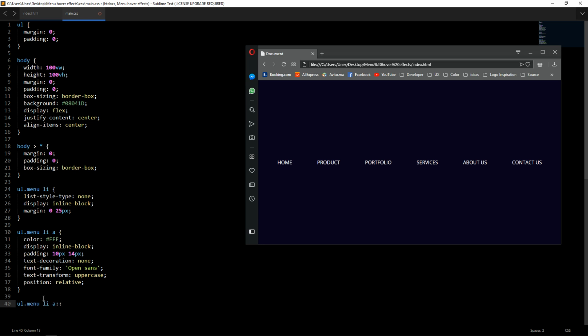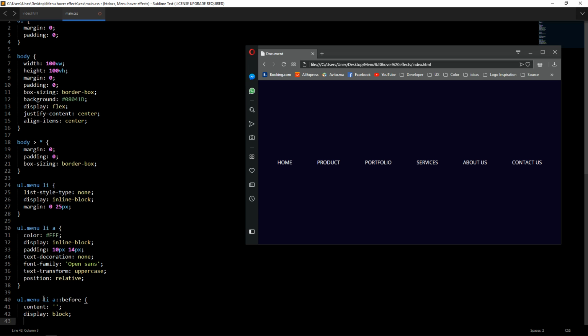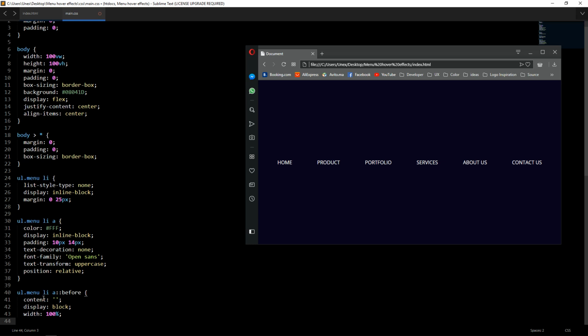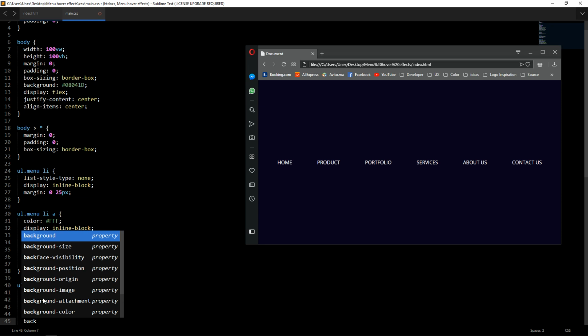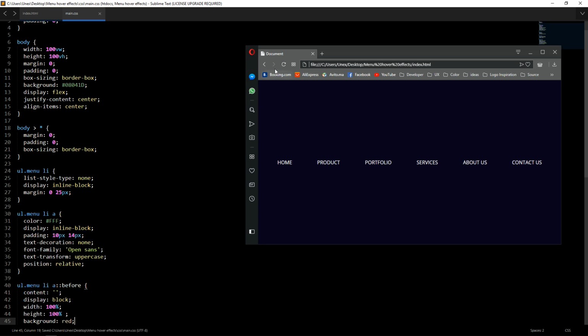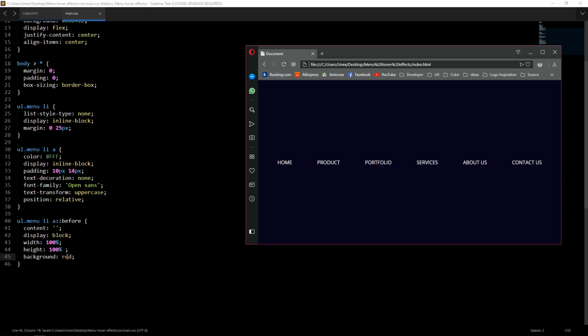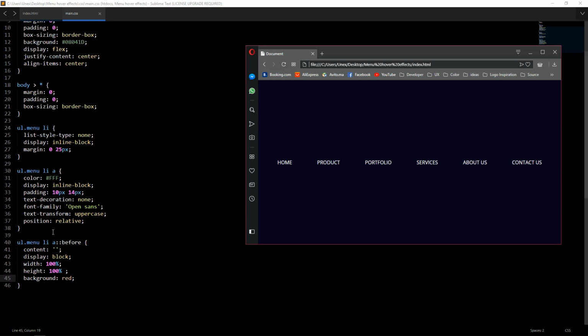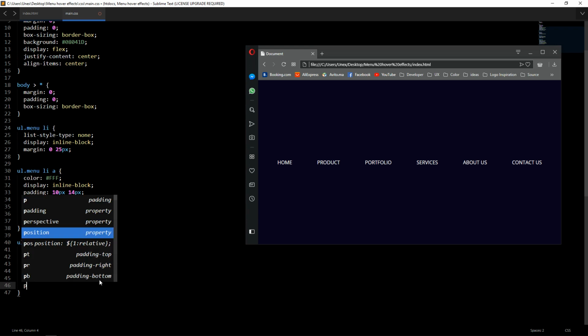ul menu li a before, first thing content empty, display block, here I will make width 1%, height 100%, background for example red, doesn't work or what? Sorry, I will give position absolute,